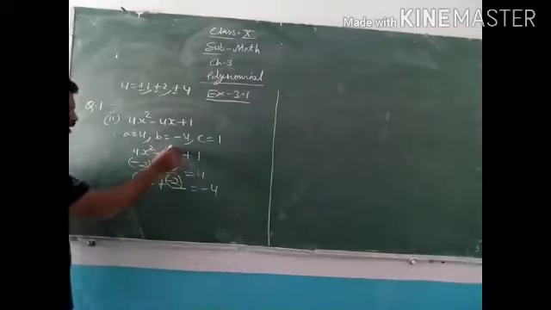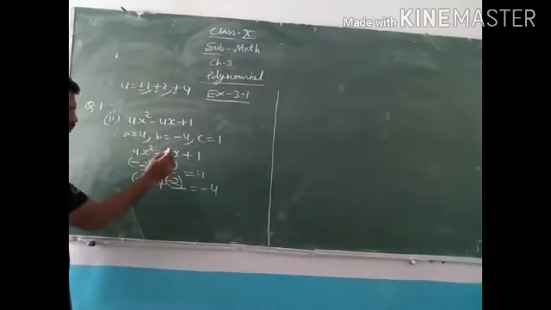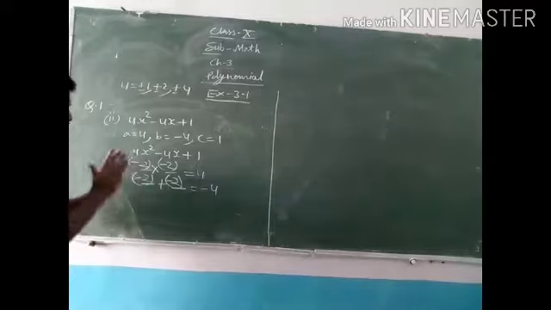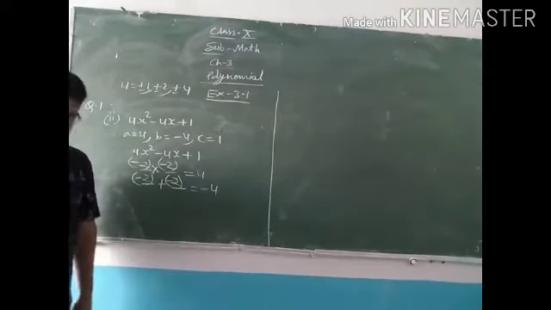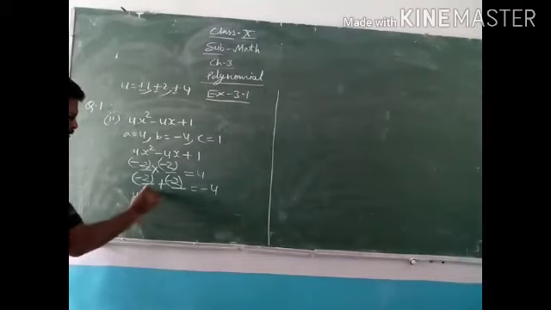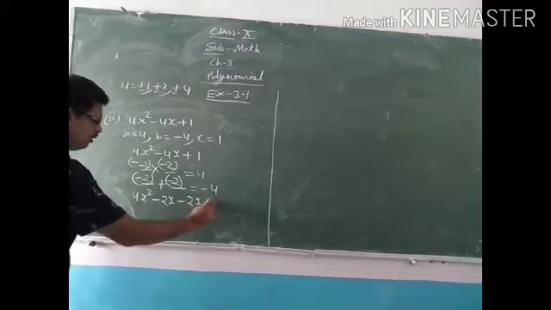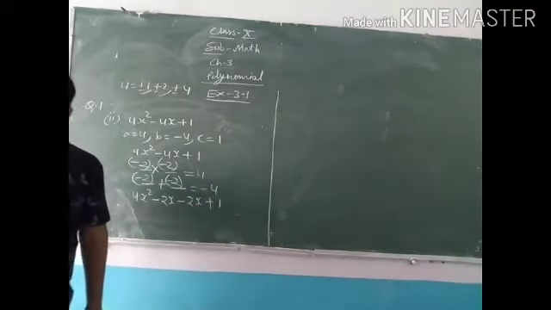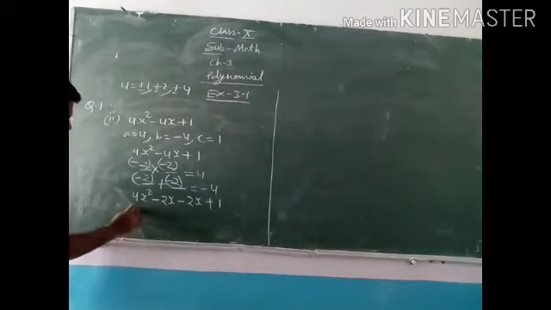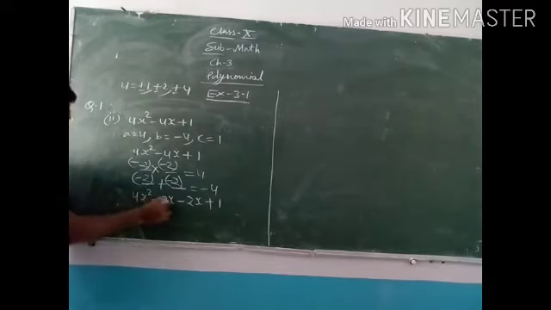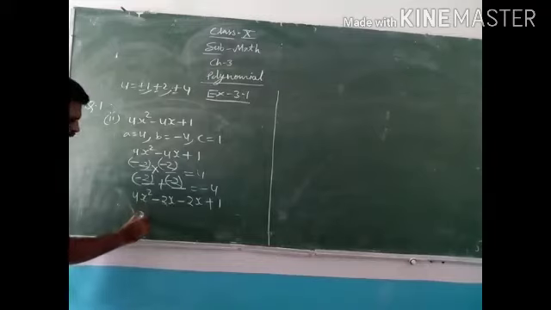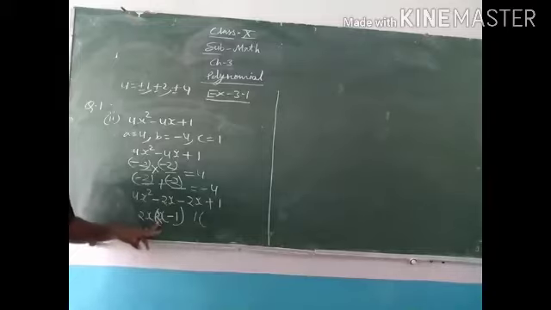So we will split the middle term. This -4x we will break, split into -2x and -2x, understand? So let me write 4x square -2x -2x plus 1. Okay, so now look here, 4x square -2x, what can come common from these two? From these two we can take 2x common. So 2 2s are 4, so 2x times (2x minus 1).